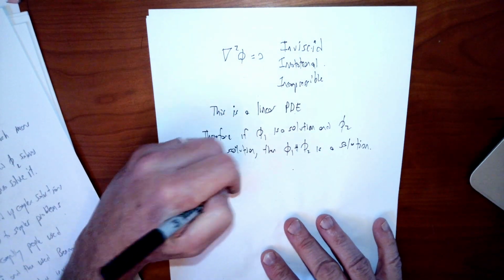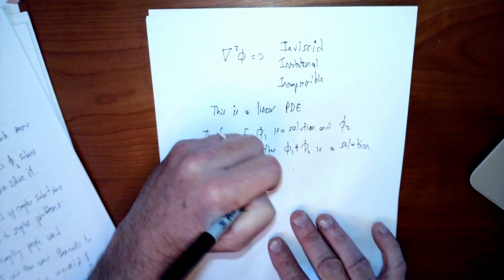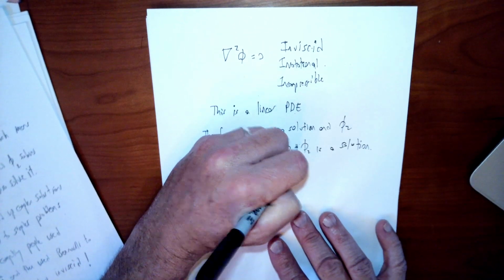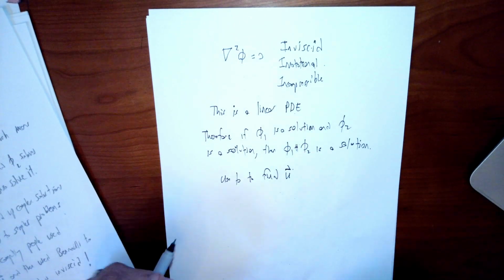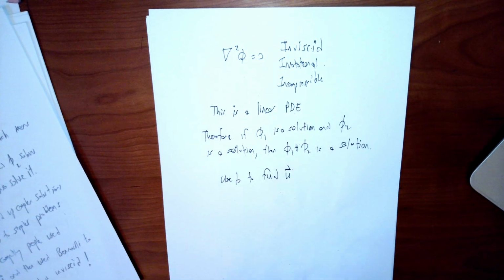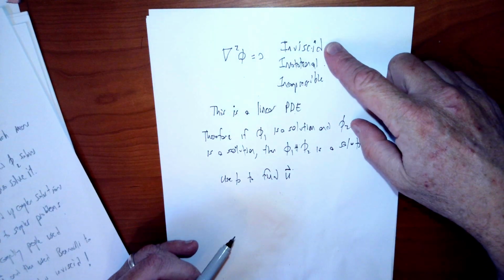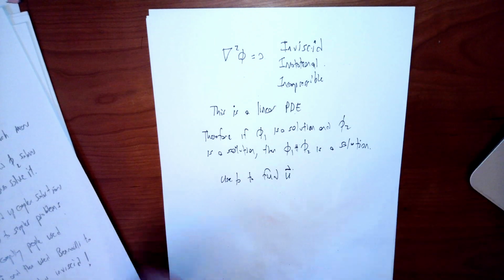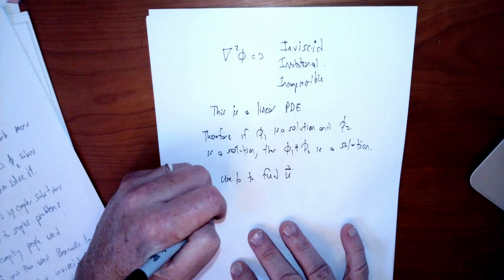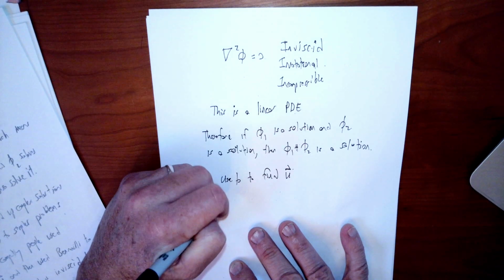So you would use phi to find the velocity field, because once you have phi, you can just take its gradient to get the velocity field. And then let's say you wanted to find lift or something, so then you needed to find pressure. So how do you suppose you found pressure? Well, remember, this is now an inviscid flow, and it's incompressible. So in inviscid flows, we can use the Bernoulli equation. So we could also use